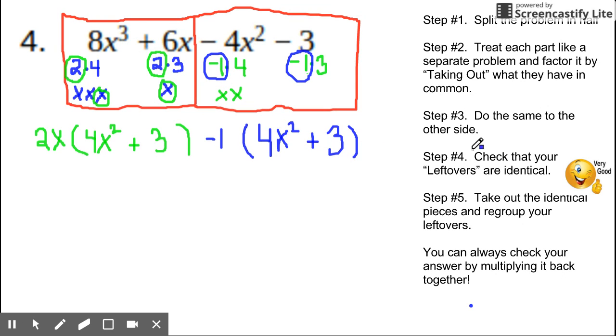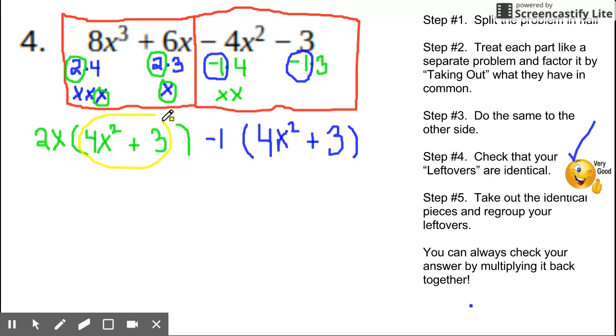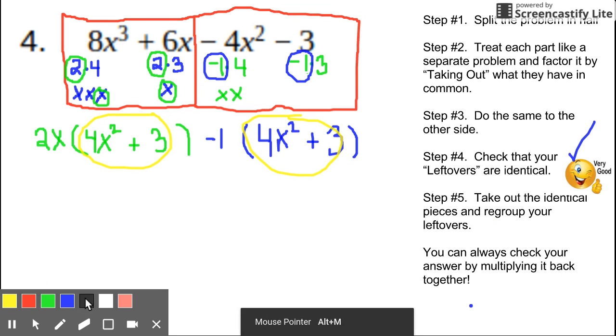Now I'm on step number 4, and I need to make sure that this checks out. Are my leftovers identical? Yes, they are. I have a 4x plus 3 on this side, and I have a 4x squared plus 3 on the other side. So this step reassures me that I'm doing it right. These two have to be identical. Now I'm going to take out these identical pieces and I'm going to regroup the leftovers. So what I have is,